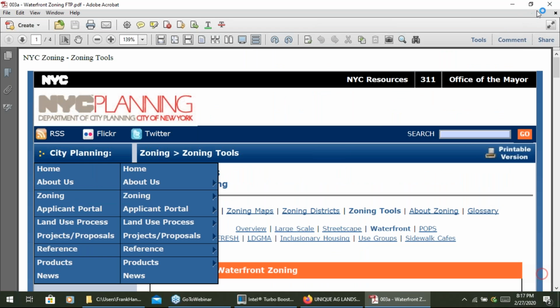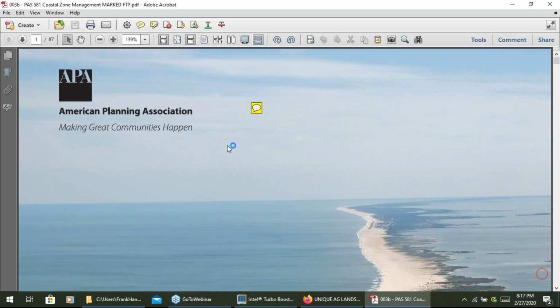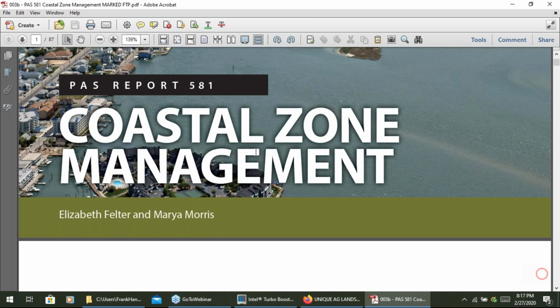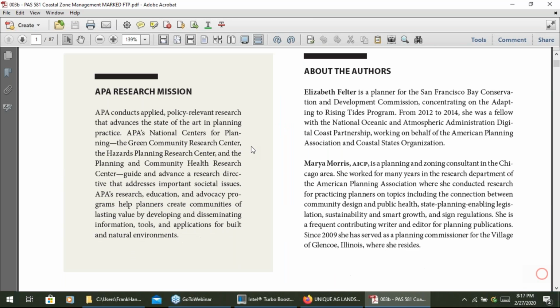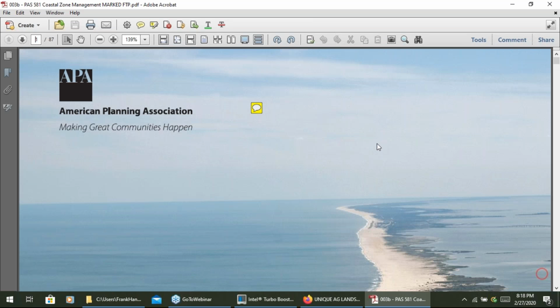I'll give you more on this that you'll look at, but it deals with most of what we wanted to touch on. The last thing I'm going to give you here is a piece about coastal zone management. That does come up on the exam a little bit. By the way, there's a little balloon at the top here. Go to PDF page 35.